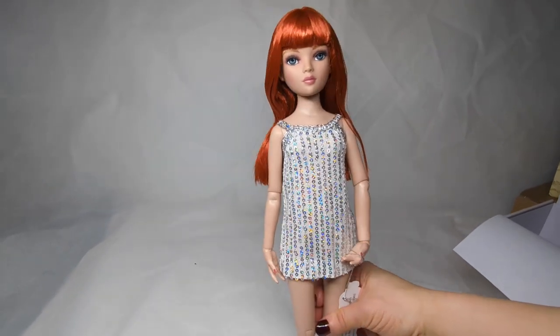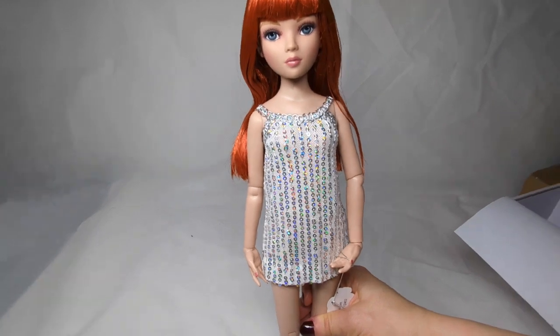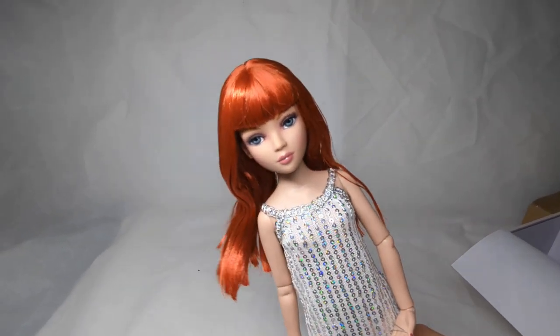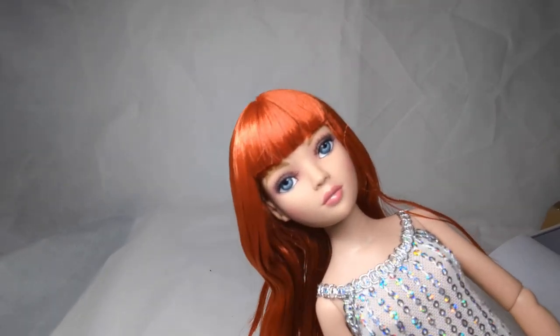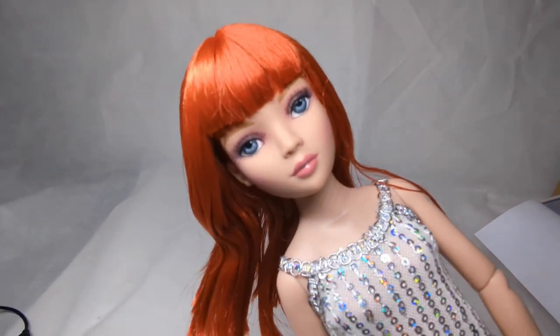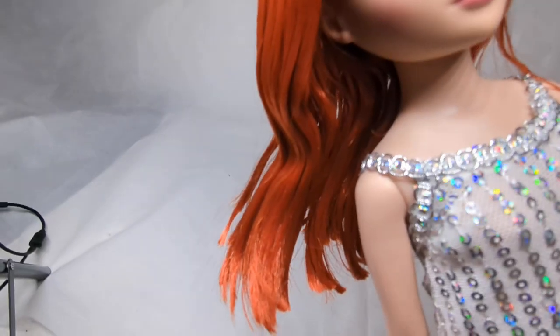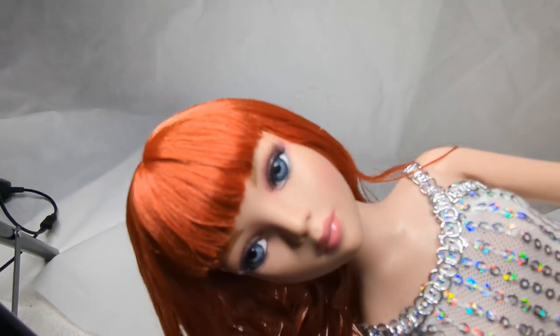I think she's quite cute to display as she is, and obviously the idea with a doll like this is that she's really versatile. You can change her as much as you want. One feature I did want to mention on all of these dolls, I'm not sure if I can get that fully in focus, is that she does have eyebrows,